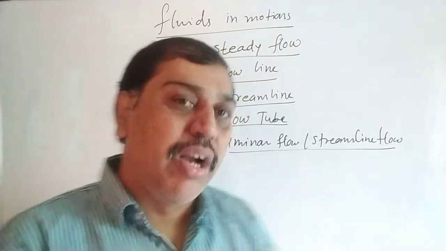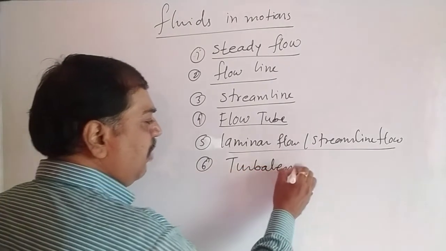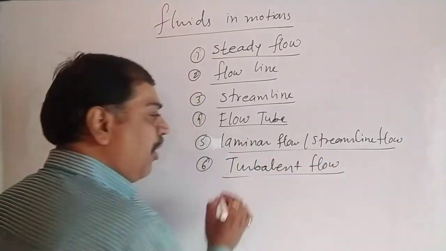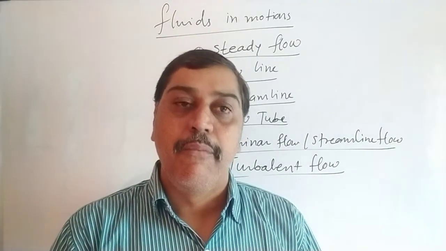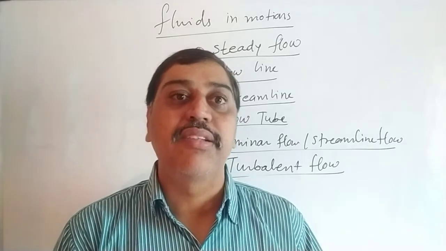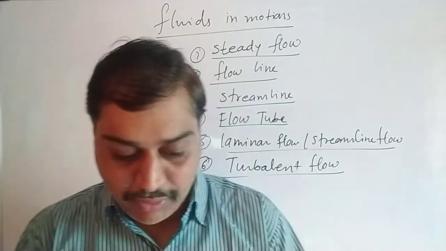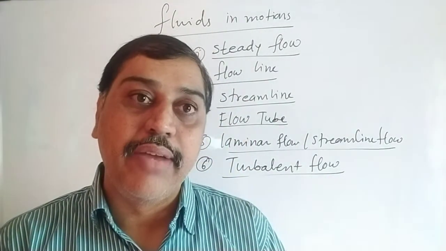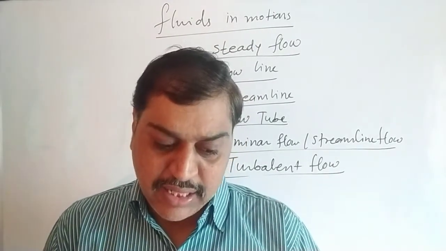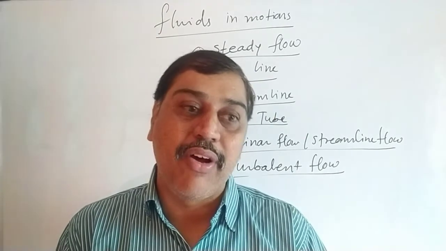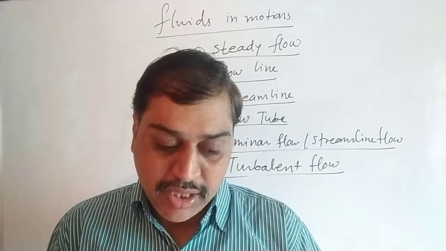The next one, turbulent flow. The last one they have mentioned. Turbulent flow means if the velocity of the fluid increases beyond a certain critical velocity, the flow is said to be turbulent flow. The liquid flows at very high speed, high flow rate. There is no steady flow. It is not steady because its velocity is changing with time. At different points the velocity may differ, and that's why it is said to be turbulent flow.